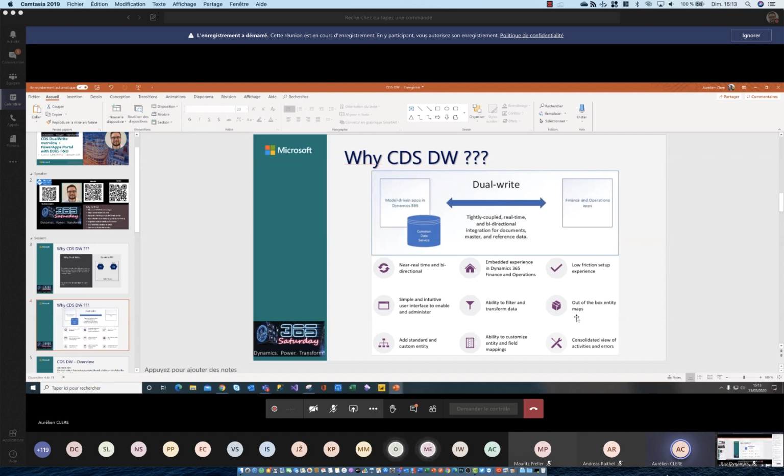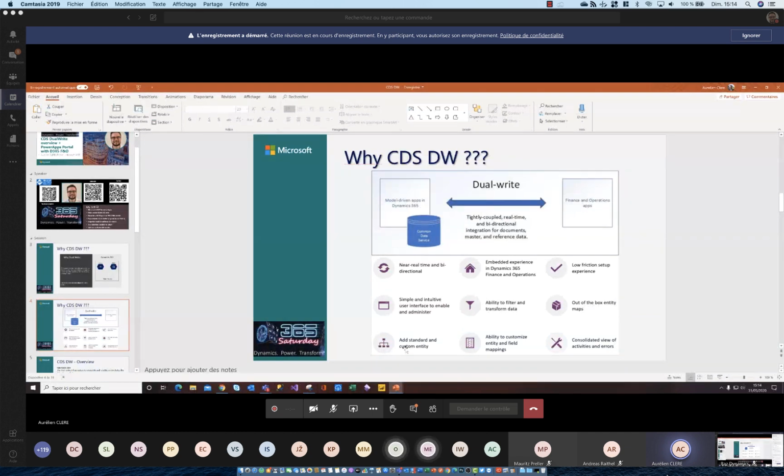For that, you need to download the solution, but again, it's all documented in my blog. So if you really want to know how to configure and set it up, I really suggest going to my blog. It is still very important because Microsoft has done a lot of work behind the scenes to help you. I think in the coming months, they will bring a lot of new entity mapping for field service. I think they have done the field service entity mapping when you have the asset management module of finance operations, which can be synced to work orders on field service.